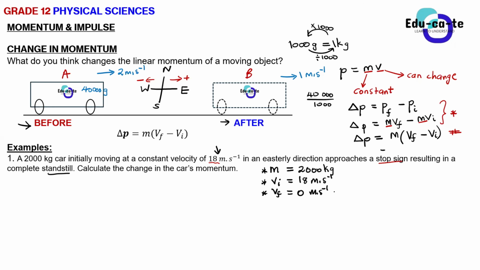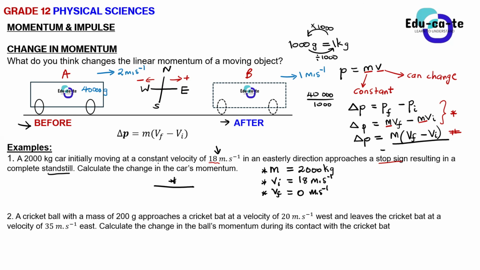Is it going to be difficult, guys? Just substituting into the formula. You just put the mass, you put the velocity, final and the initial one. So that's for you guys to do. You cannot be doing grade 9 stuff here. Let's continue. This one, we need to do it.